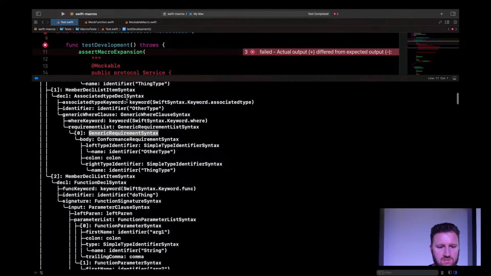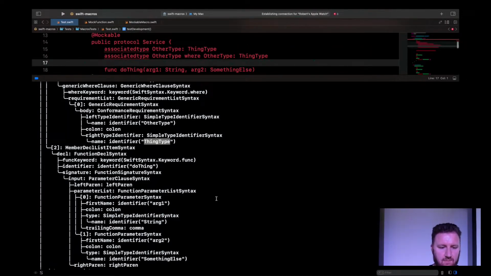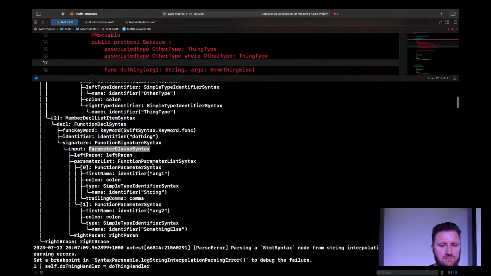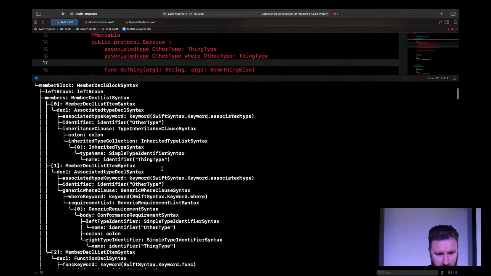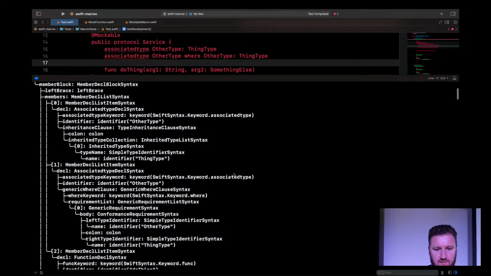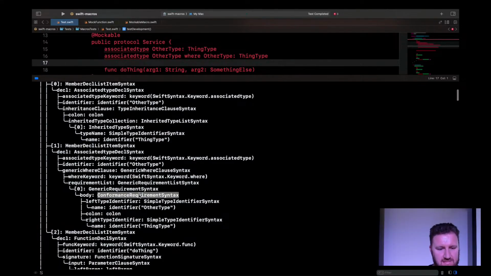So this one is associated type, other type, generic requirement list, generic requirement syntax, a conformance syntax, and it conforms. So this type, other type, conforms to this type. Cool, straightforward. The other one, let me bring that back up there, is now a parameter clause syntax, a function parameter list syntax. No, I've gone too far. Here, it has the associated type, other type. It has a where clause after it, and then the where clause says that, this part is the same, but